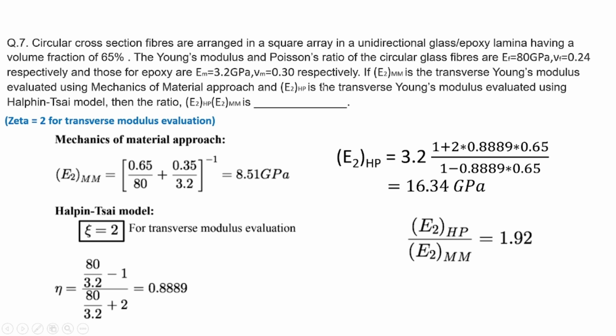So as we know, the mechanics of material approach was initially derived, but the transverse properties were not giving accurate answers compared to the experimental results. That's why the Halpin-Tsai model was introduced, which was a semi-empirical model, which was giving approximately the same values as that of experimental. So when we take the mechanics of material approach, the value